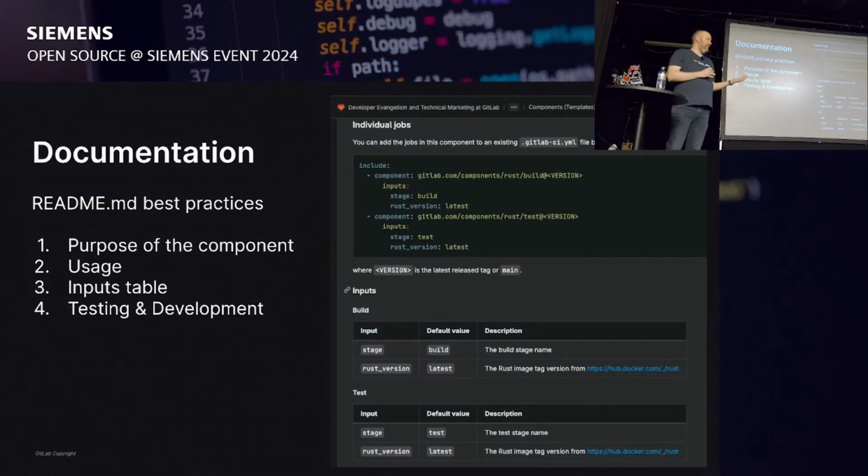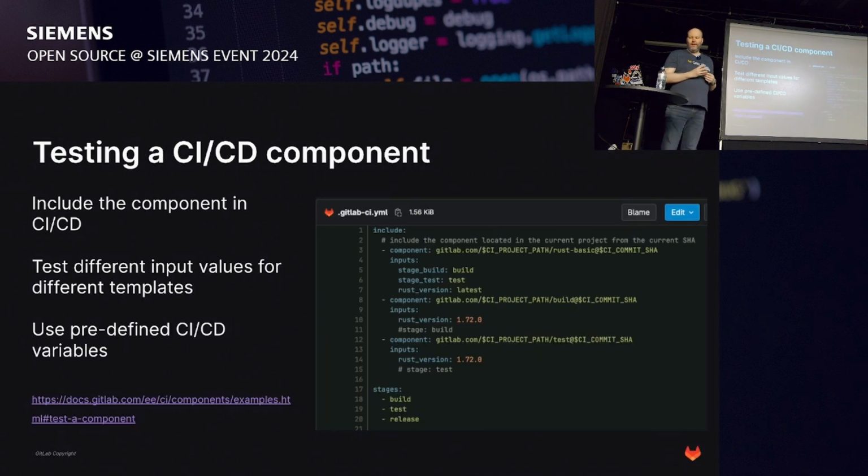And also the documentation should be an entry point: how to contribute, how does testing work, how does development of the component essentially work. This gets all rendered in the catalog as well. From a testing perspective, it's helpful to see that inception in GitLab, sort of. So you can include the CI/CD component in an actual GitLab pipeline, and then test different input values